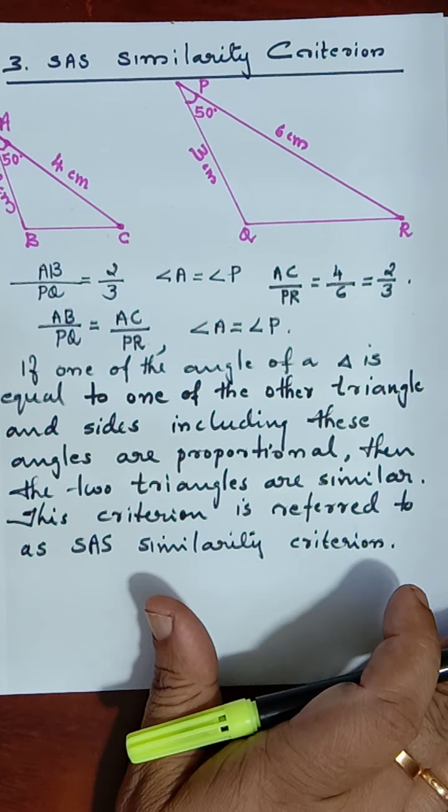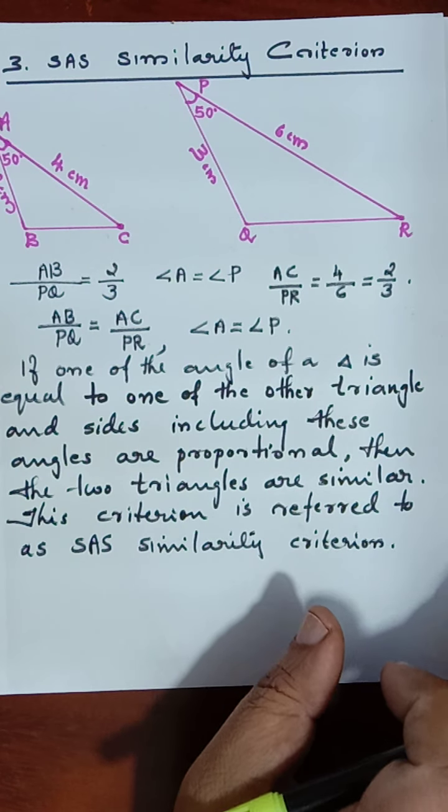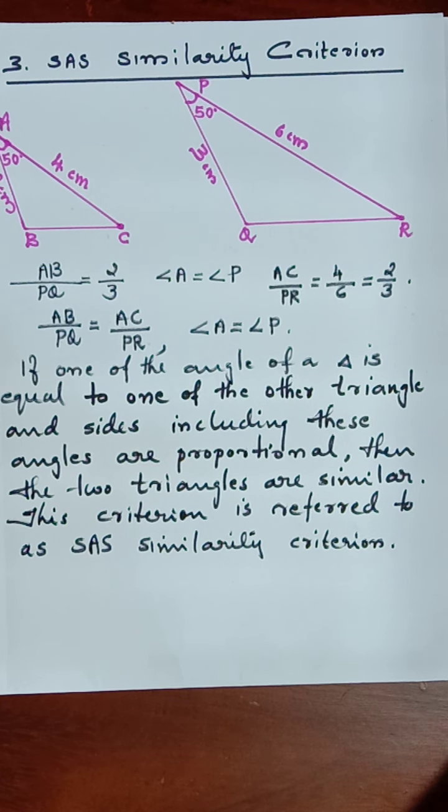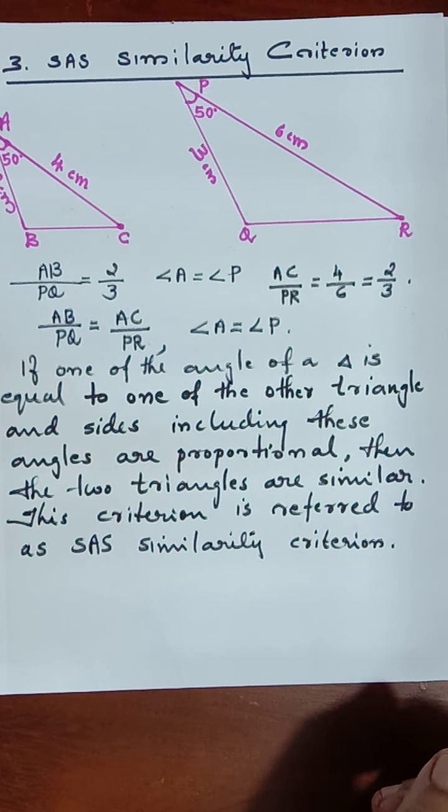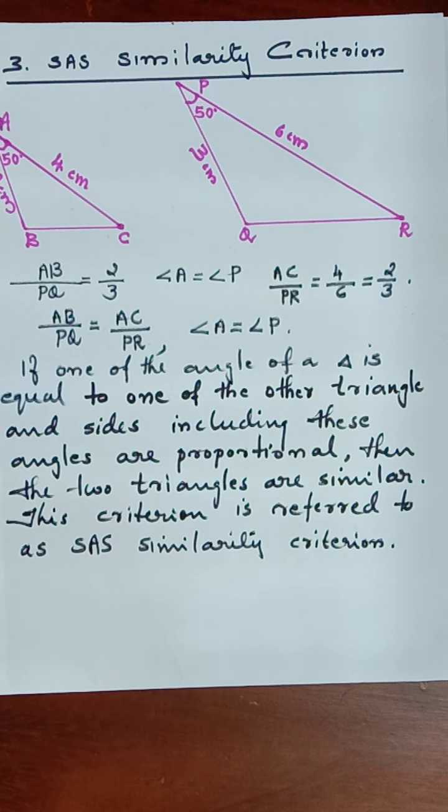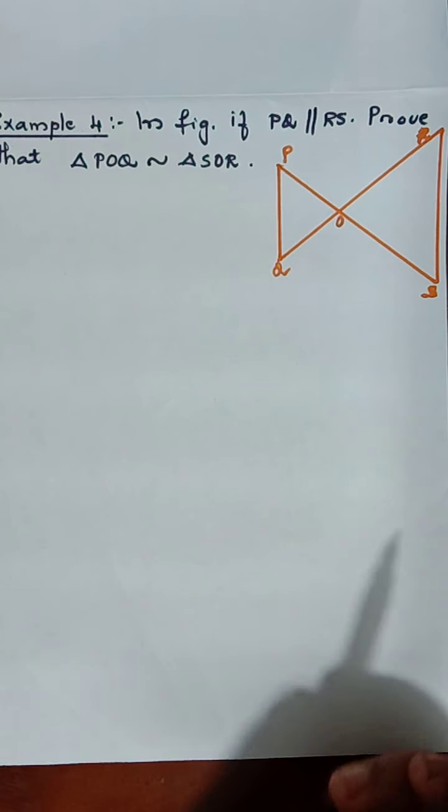Children, you don't have to learn this by heart, just understand all the three similarity criteria. First one, as I told you, is AA similarity or AAA similarity criterion. Second one is SSS similarity criterion. All the three side ratios will be proportional, therefore angles will be equal. And third one is SAS similarity criterion. Angle will be equal and sides will be proportional. In such a case also we say that two triangles are similar. These are the three important similarity criteria. We are going to use these similarity criteria for proving some of the questions.